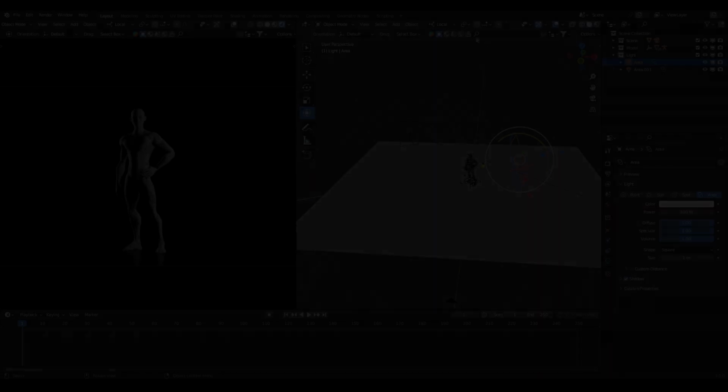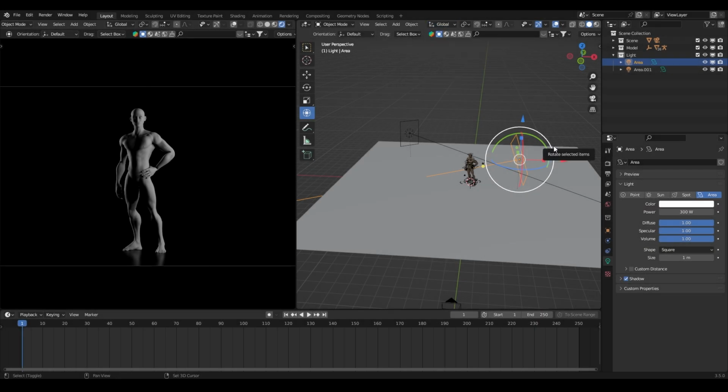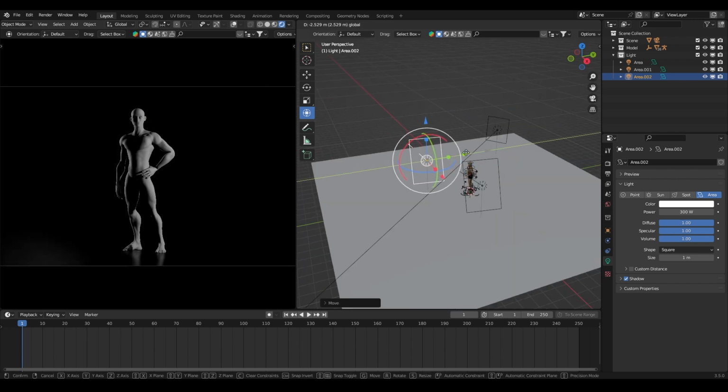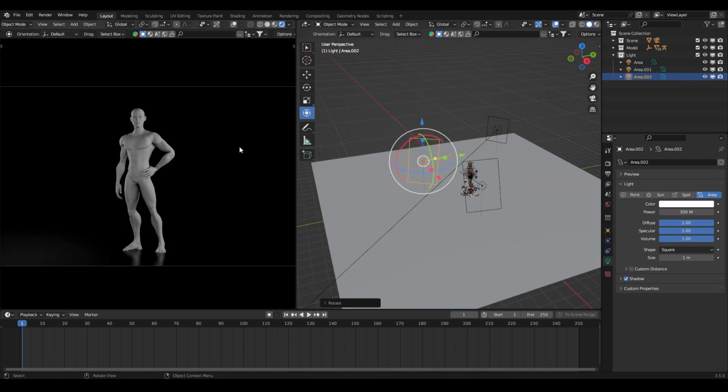Lastly, let's create the fill light. Again, I'll duplicate the key light using Shift-D. This time, I'll move it to the opposite side of the scene where it appears darker. The fill light will fill in the shadows created by the key light,